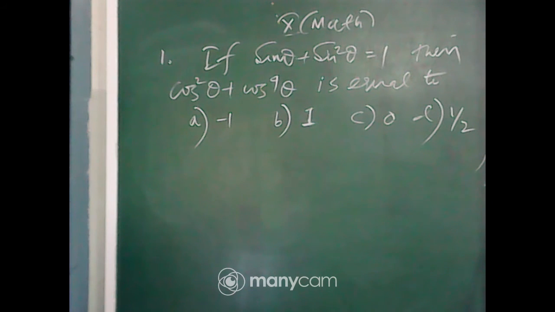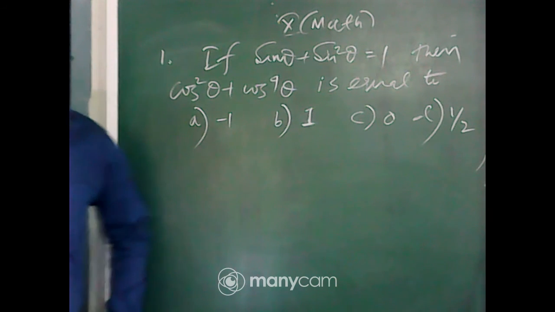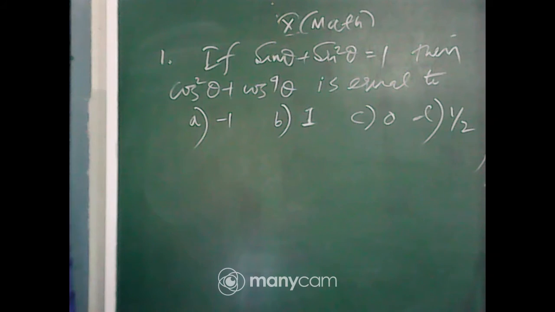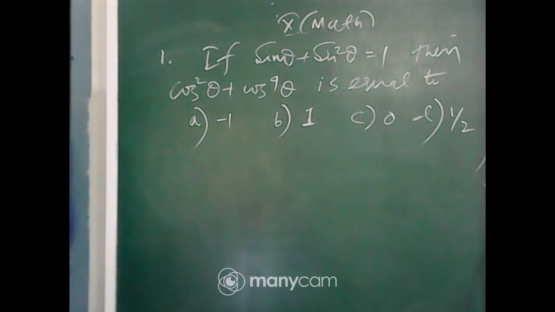Answer of the last question: 2, -8/3. Okay, I am checking. Just tell me the option. That is option A, I think. Yes, you are correct. Thank you for giving the correct answer. Now for this question, the answer is 1. Asmita is telling B, Subhajyoti option B, Isanur option B. All are saying B.